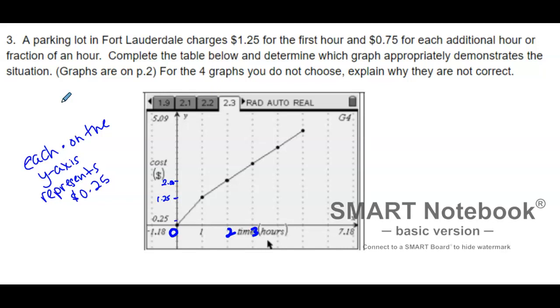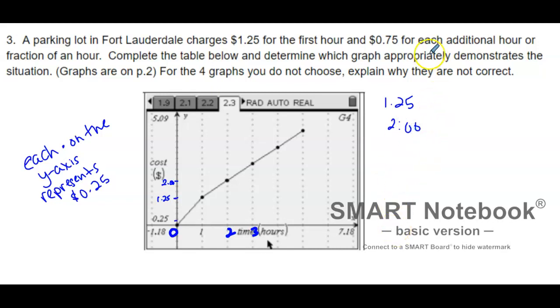The amount for the fractional amounts are going to be rounded up. So it's not going to be like there's a cost of, for example, if you're starting off with $1.25 for the first hour, and then 75 cents for each additional hour or fraction of an hour. So if you have a half an hour, it's still going to cost 75 cents. So for the first hour, it's $1.25, and then for the second hour, it would be 75 cents more, which would be $2,